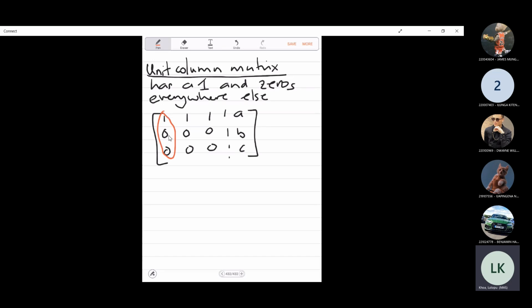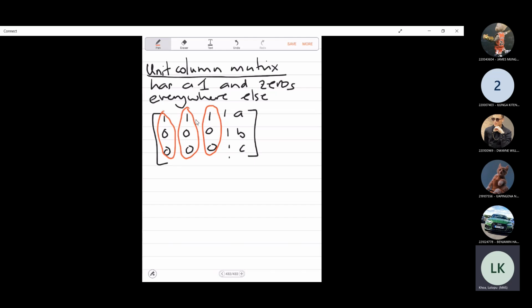So it's a 1, 0, 0. And if I look at this one, the 1 is also at the very top. So there's no difference between this unit column matrix and this one here. And the same thing with this one over here. So here, when we're looking for the rank of a matrix, we are looking for unique